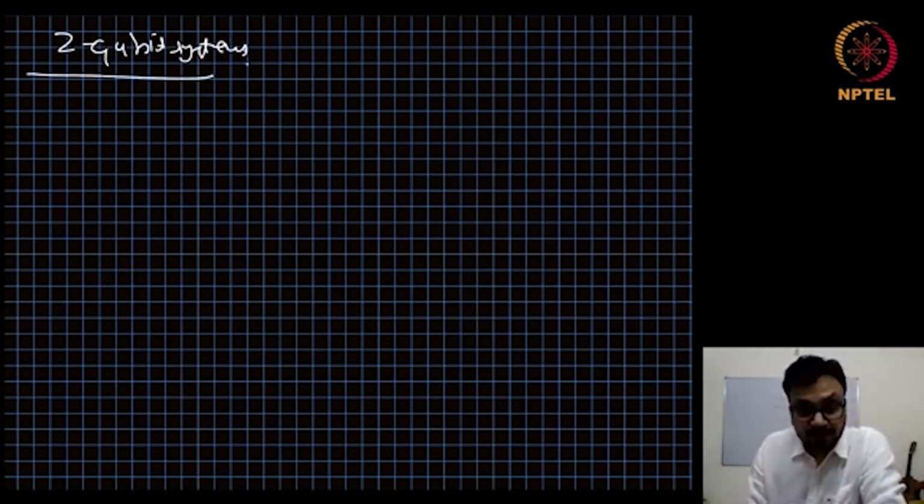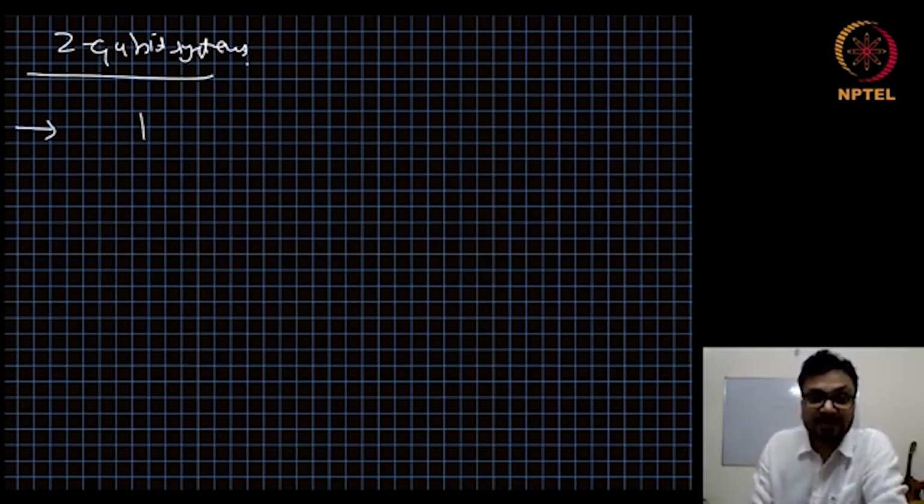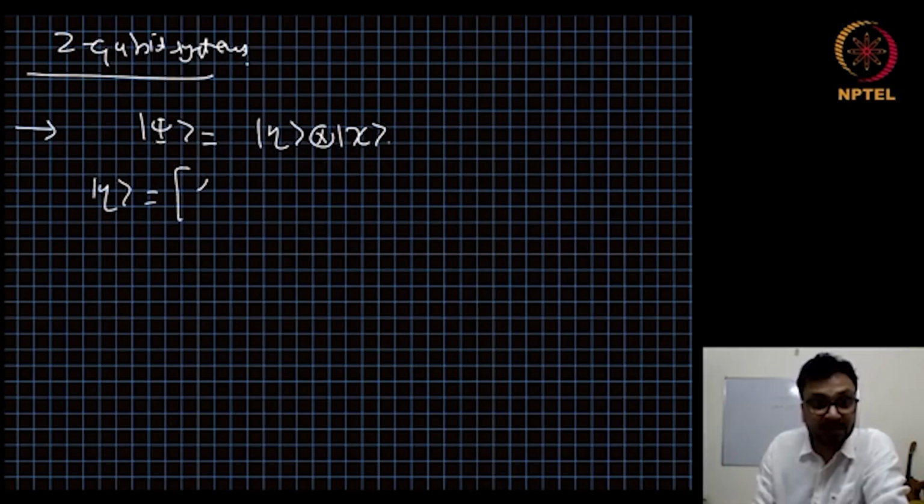So before giving you the expression, let me motivate you a little bit here. If we have a state psi for a two-qubit system, and let us say it can be written as eta tensor chi, that is, it's a product state or a non-entangled state. Eta is a qubit state. It can be written as alpha beta. And from here, there is a unique, up to overall phase,